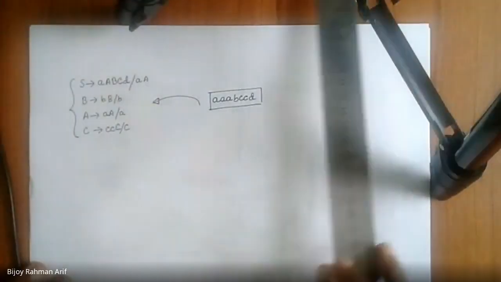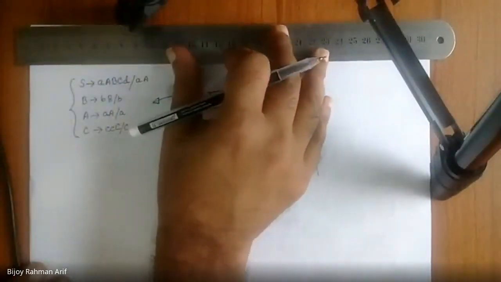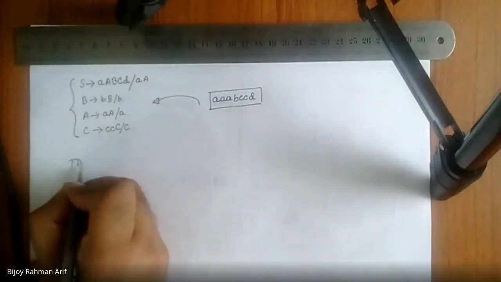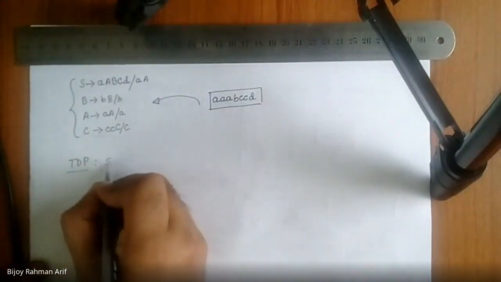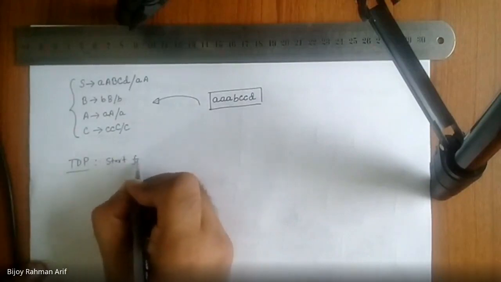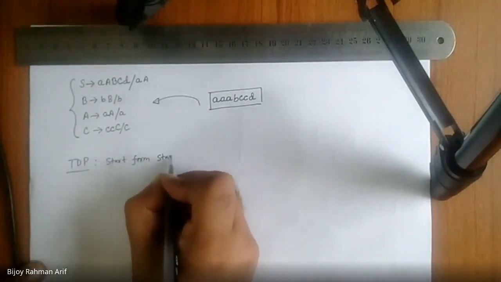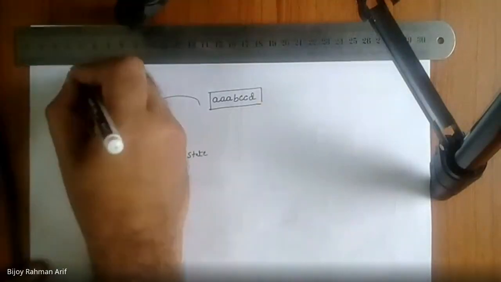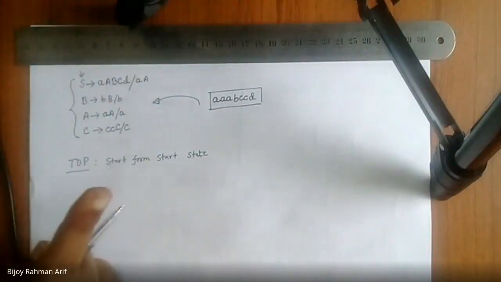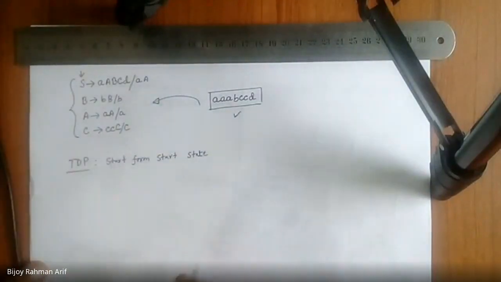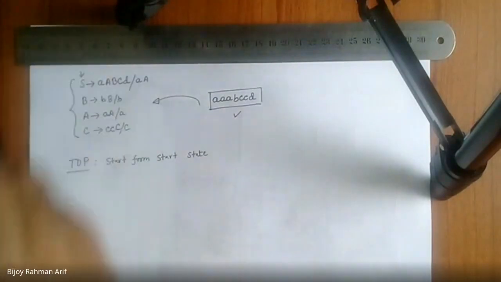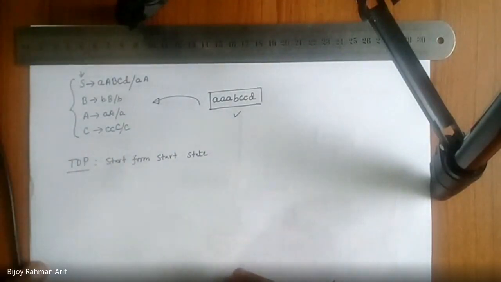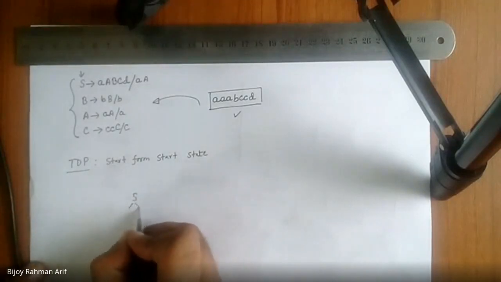Now let's go to the top-down parser, TDP. TDP will start from the start state. So what is the start state here? S. Starting from the start state, it tries to derive this string. So is it possible to derive this string from the start state? Is it possible or not? Let's try. S derives A,